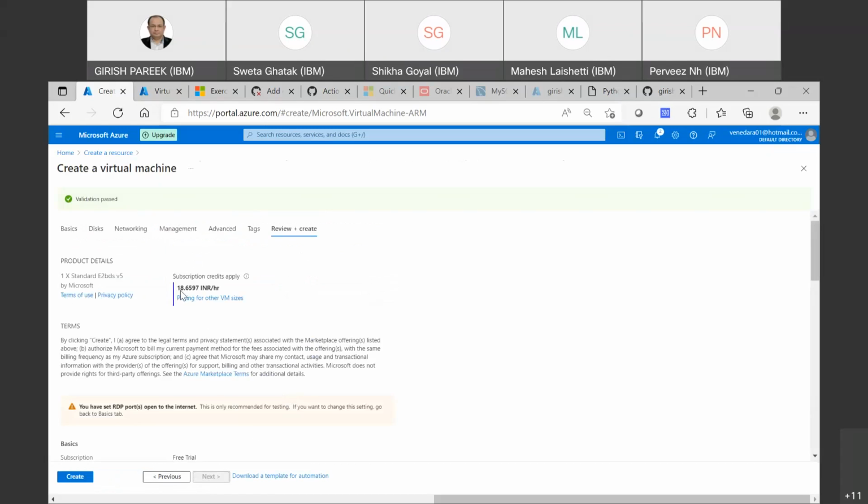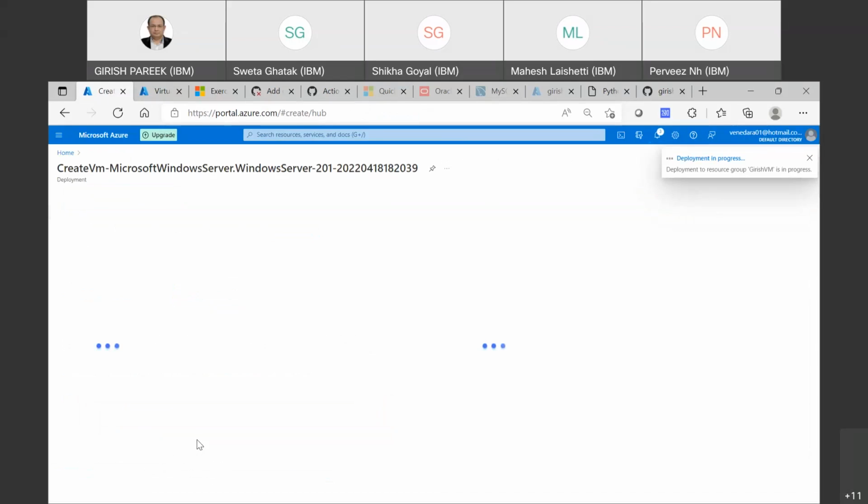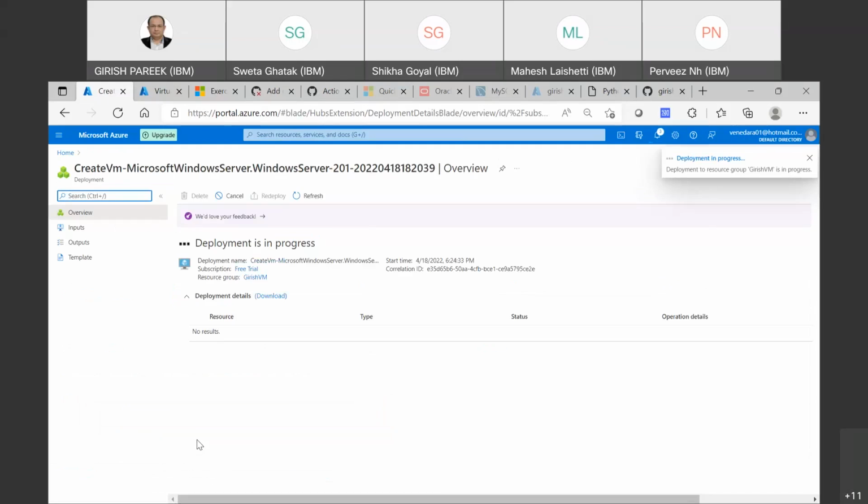So the pricing is coming as this much INR per hour, but because of our free trial, I think we can use it. So I'm just trying to create it. Let me see if the validation is good. Yes. So now it is saying deployment is in progress. That means we just took hardly a few minutes and